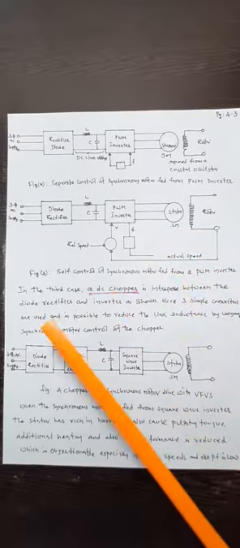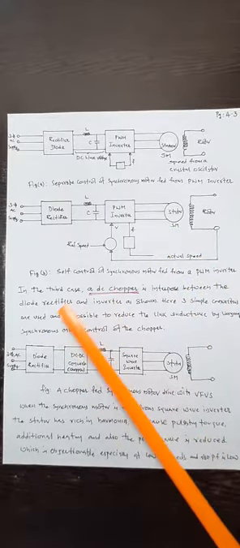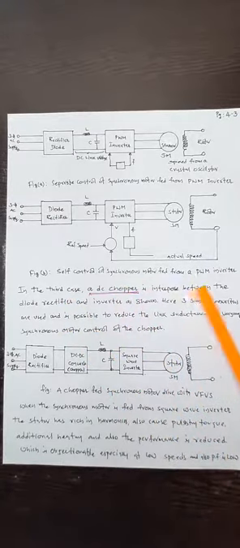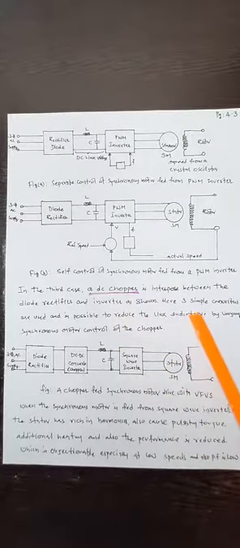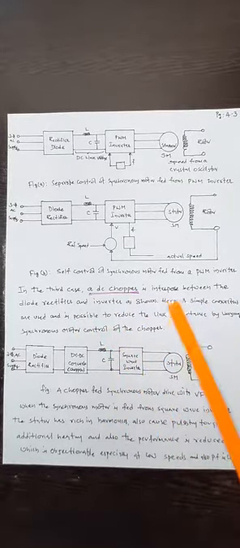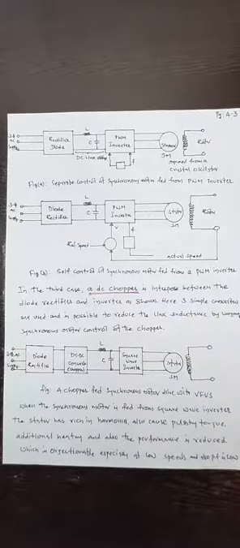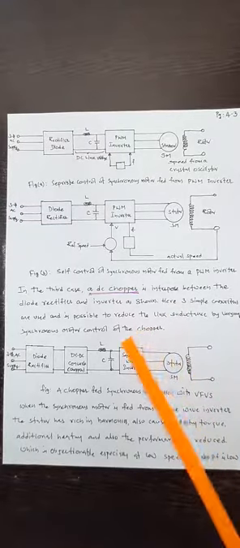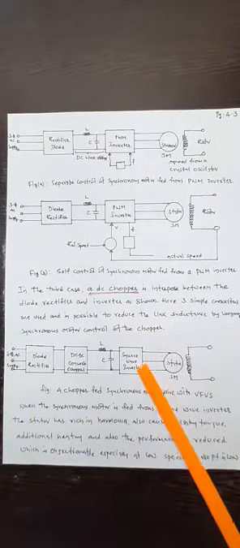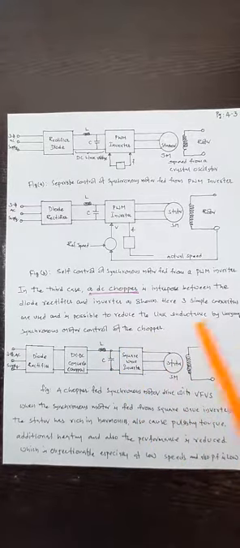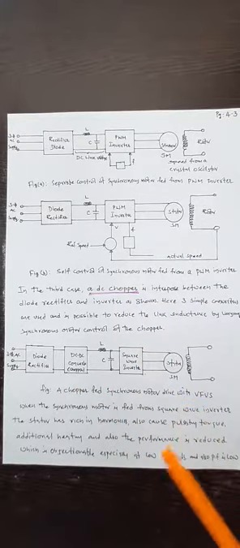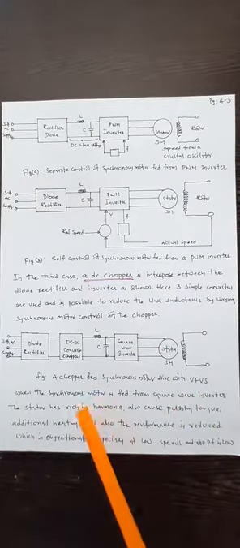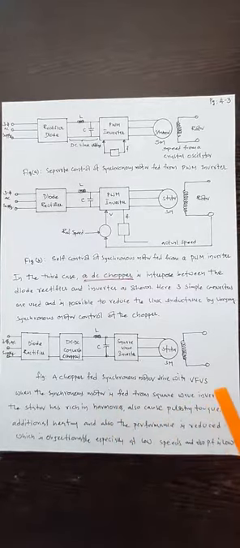The third control is the chopper control. In the third case, a DC chopper is interposed between a diode rectifier and the inverter, as shown. So there are three simple stages of conversion here, to reduce the DC link inductance, which is one of the major problems. To avoid that, a chopper is interposed between the diode rectifier and the square wave inverter. This is a chopper-fed synchronous motor drive with variable frequency and variable voltage.